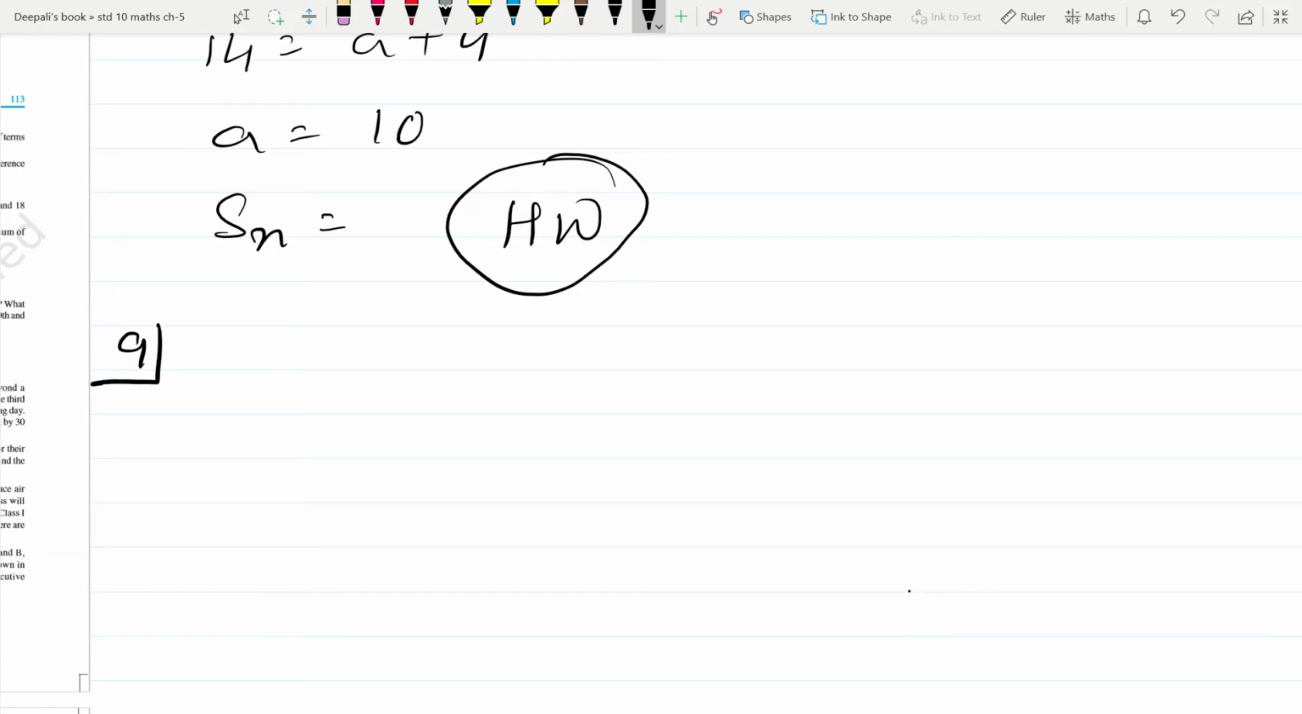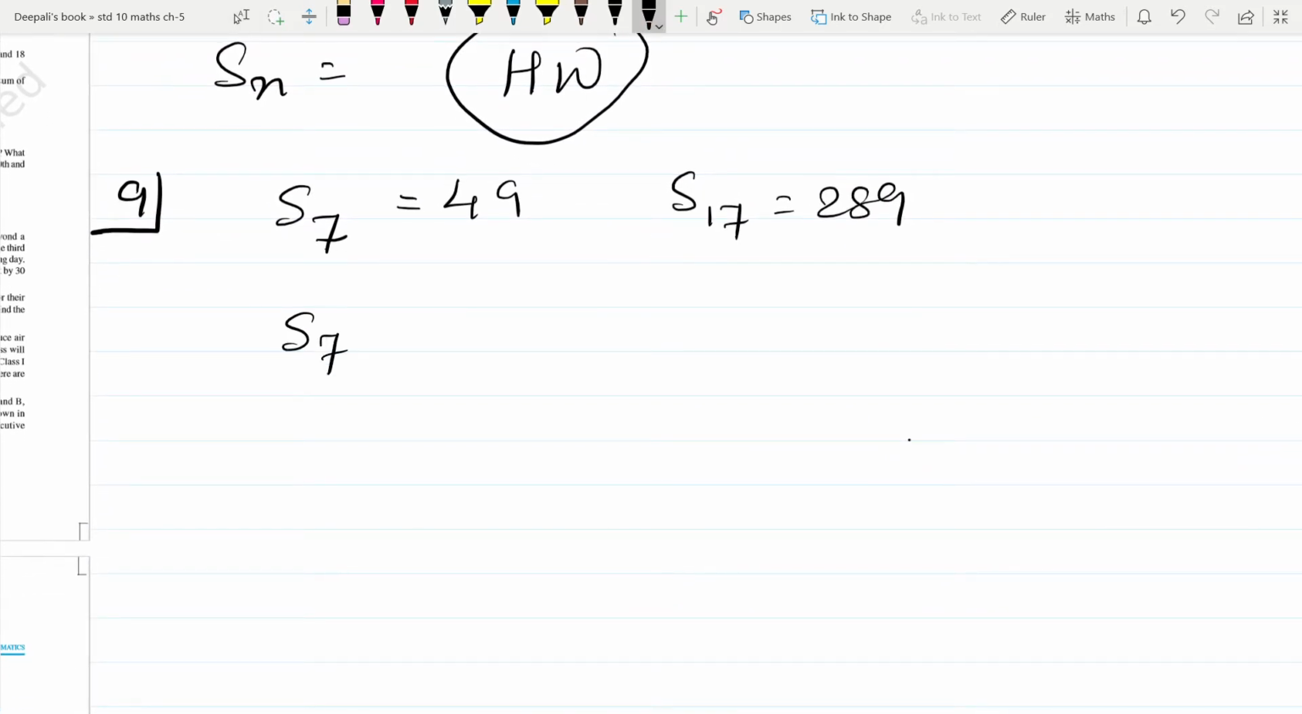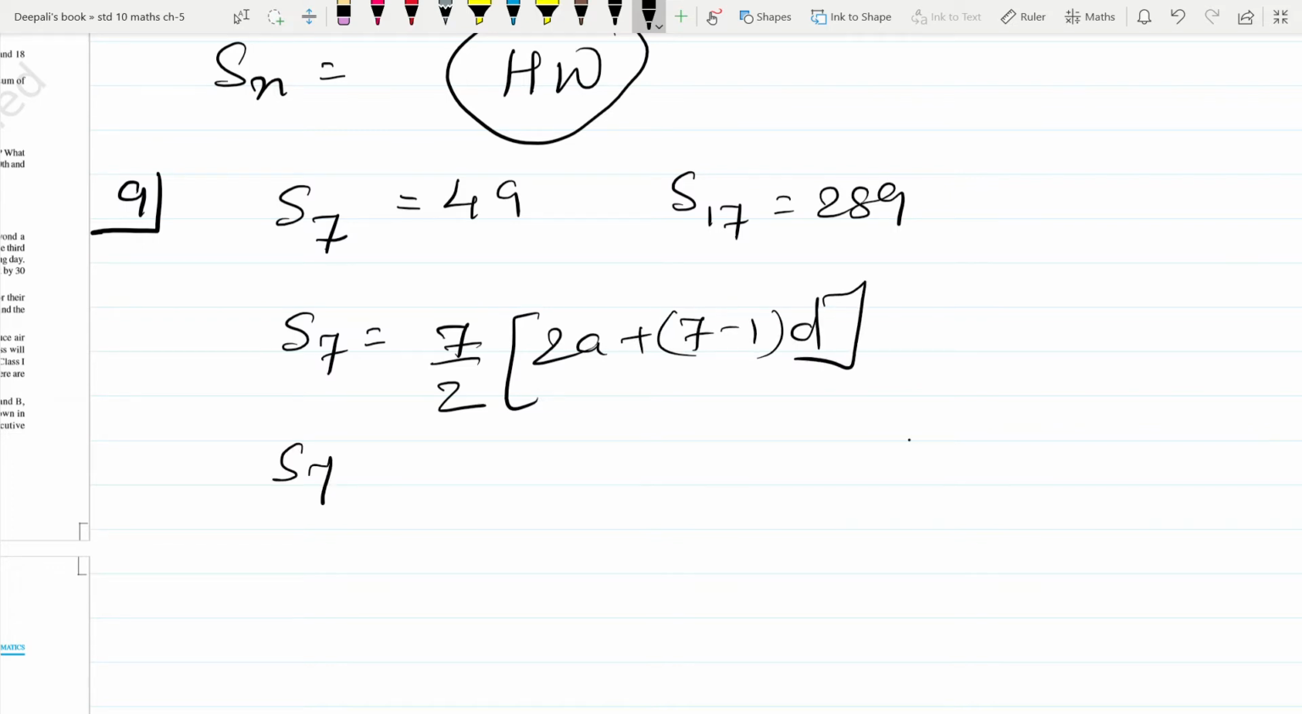Again, number 9. If the sum of first 7 terms of an AP is 49 and the sum of 17 terms is 289, find the sum of first n terms. So S7 is equal to 49 and S17 is equal to 289. Now I get two equations. S7 is equal to 7 upon 2 times (2a plus (7 minus 1) into d). When I solve this, I get